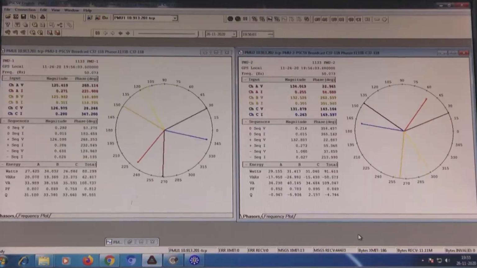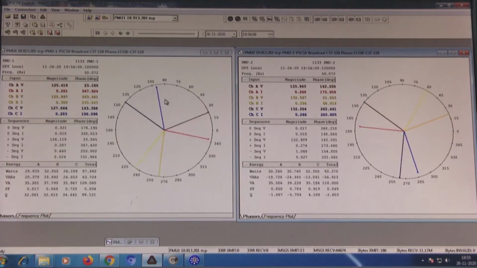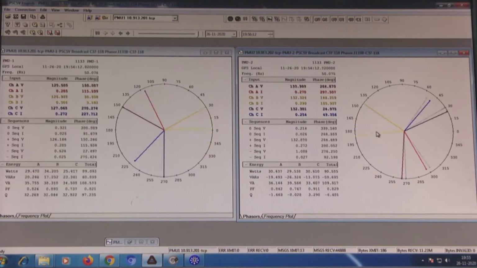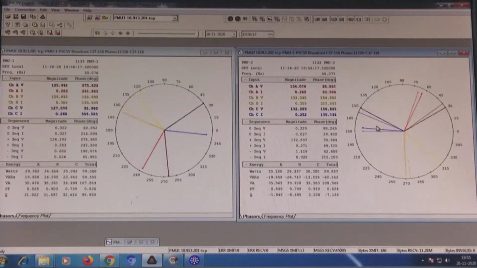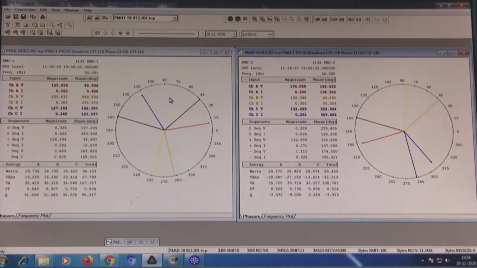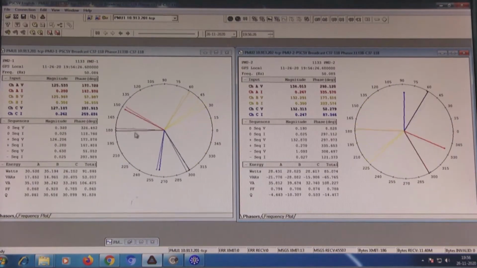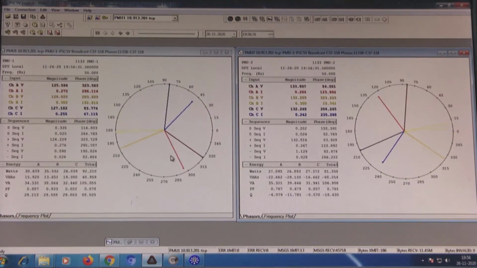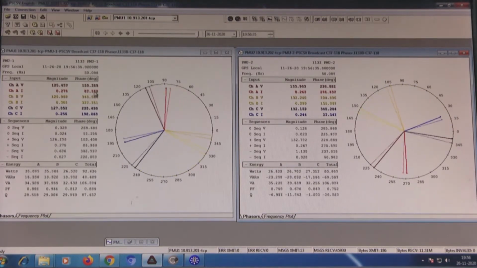In the polar plot, if you see here, the corresponding voltages and currents are there for PMU 1, and similarly in the second polar plot we have the PMU 2 data, where we also have voltage and current. The first PMU belongs to the generator side bus. So, if you see here, this is the voltage signal and the corresponding phase current signal. The current lags the voltage by a certain angle, and this angle is being observed continuously